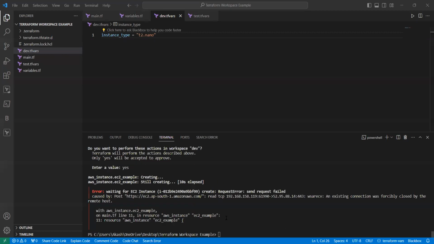Our resource has been created successfully. Just ignore this error, it is due to the internet connection. And you can confirm that the configuration has been applied in our AWS